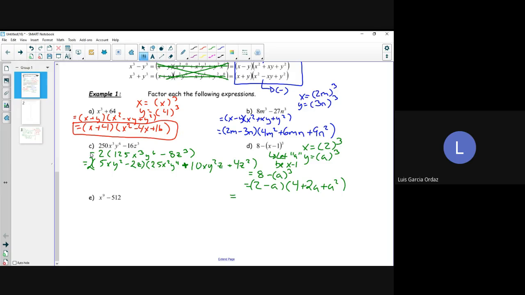So we're going to get 2 minus (x minus 1) times 4 plus 2 times (x minus 1) plus (x minus 1) squared. And then we just have to expand and simplify. And we get